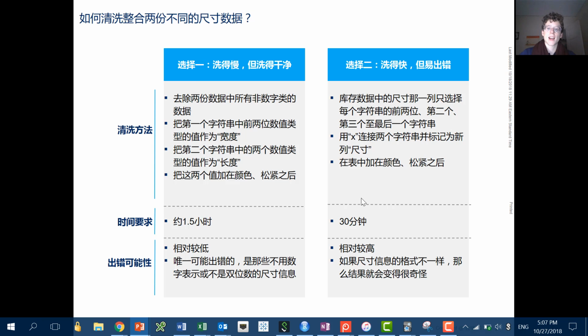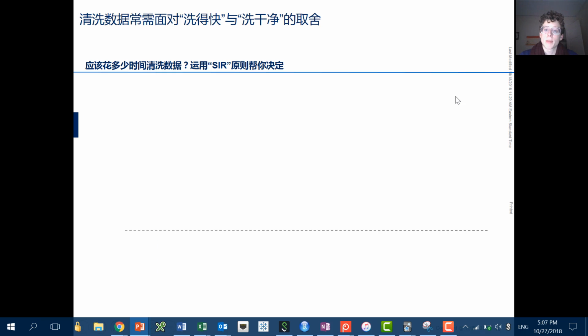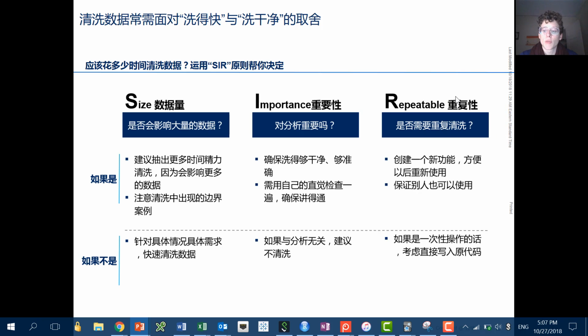future. Imagine this size problem happens in every single data set that you're going to come into, with slight variations. Like I gave you the exception, which was 8W30L right here. If you're going to face stuff like this in all of your data sets, then you want to spend more time on it. So that is repeatable. And if a piece of cleaning is repeatable, then you should consider spending more time on it.